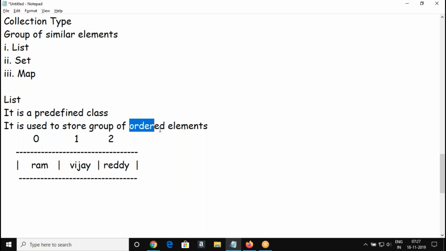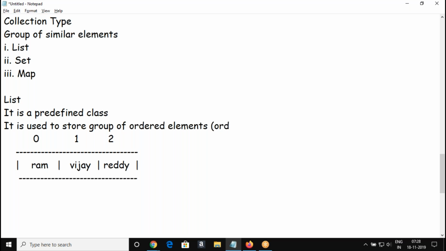It means the order of insertion is maintained. The order in which you insert the elements, the same order you can get them by referring to the index. So far you can compare the list exactly with your array, but there are differences we'll discuss.